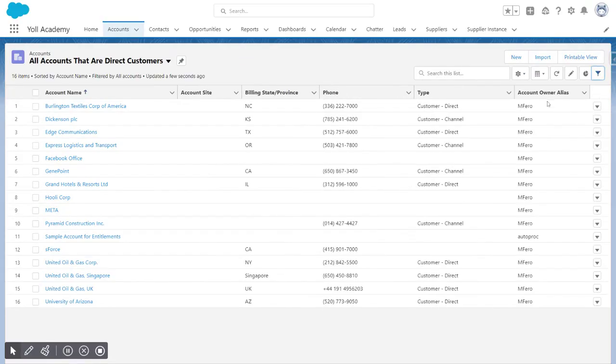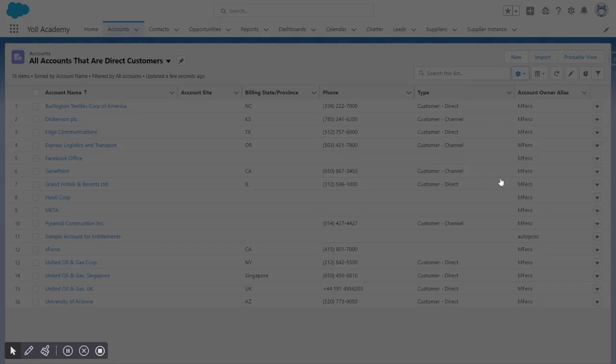Now let's close the filters for a second. And now let's say I want to add different columns over here, right? How would I do that? Let's say I want to see account owner name and the industry. And I want to remove the account site. I'm going to click on this list view control gear icon. I'm going to see select fields to display